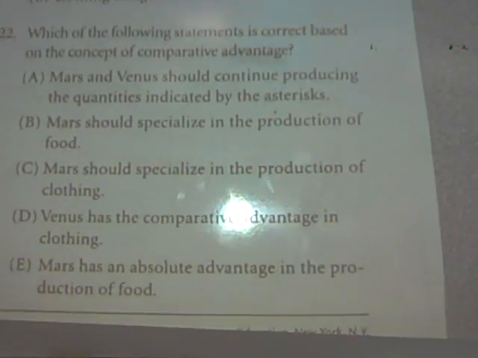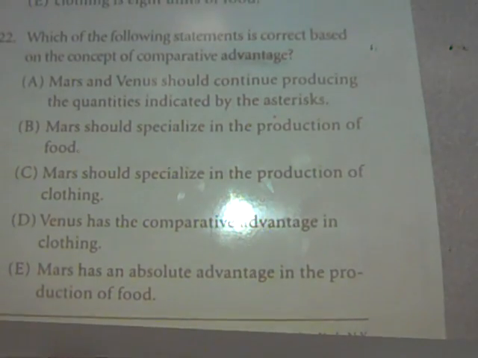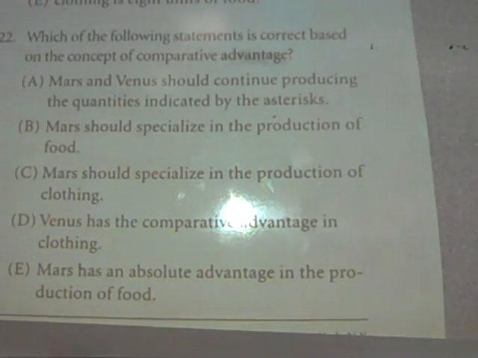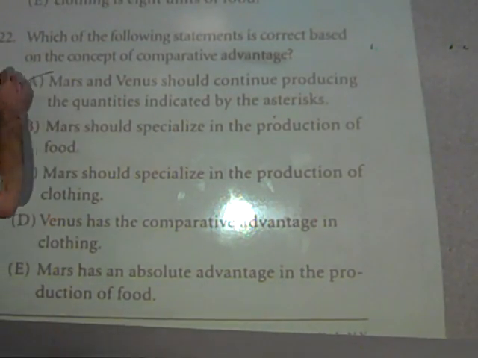Is it an opportunity cost question? Is the conclusion of comparative advantage ever just make some mix and don't trade? Is that ever the conclusion? The conclusion is always specialize in your low opportunity cost good, your comparative advantage good, and trade. So it can't be A. Let me eliminate A then. It can't be make some weirdo mix and don't trade.